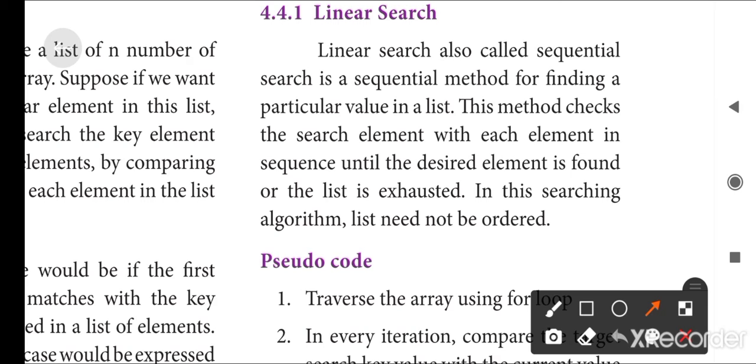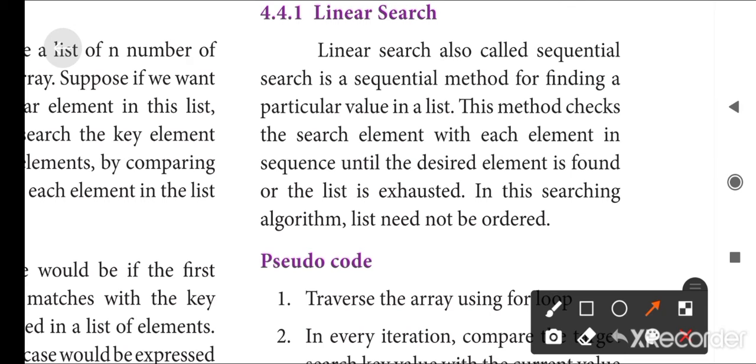Let me explain what linear search is and where we can use it. If we have a list that is not ordered, neither ascending nor descending, that is, it has no order, then linear search is applicable. If the list has some order, either ascending or descending, then binary search is applicable. Can you understand the concept?